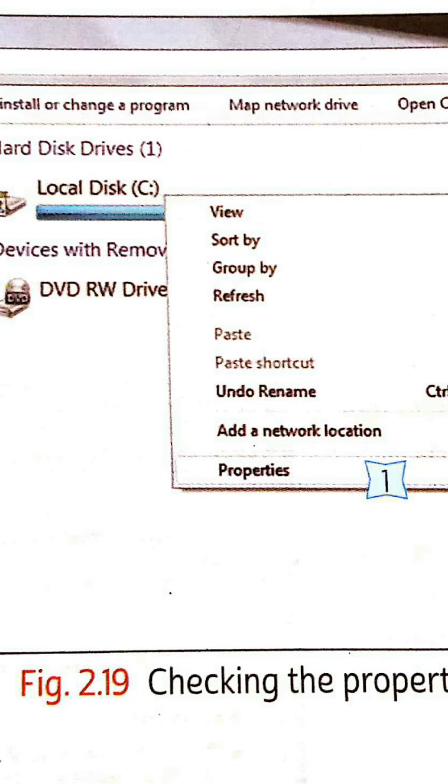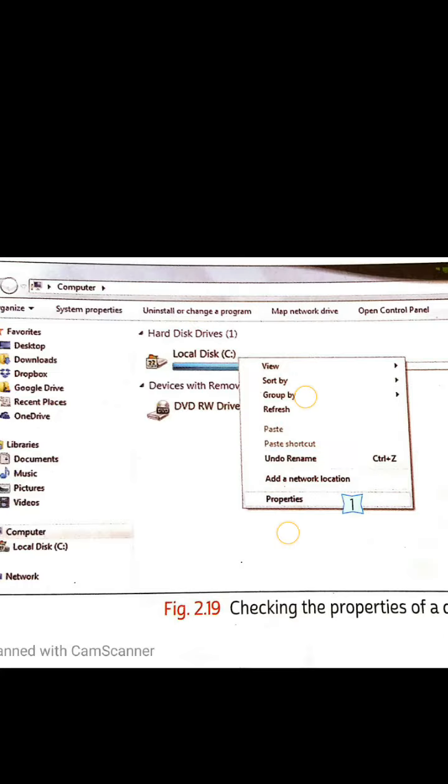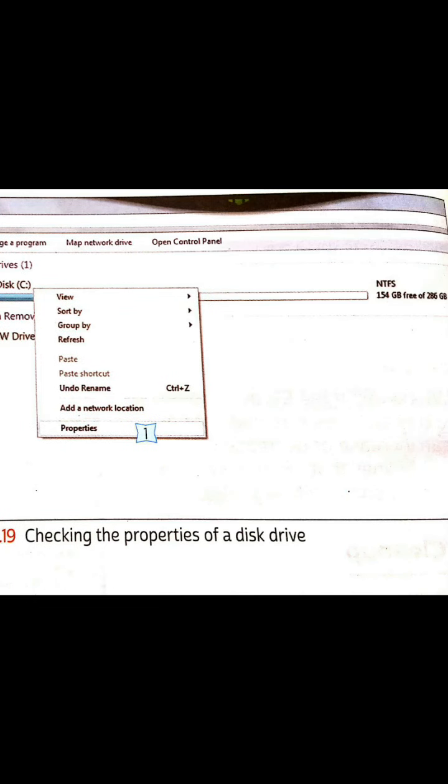For example, to clear unnecessary files from C drive, right click on it. From the drop down menu that appears, you select properties. A window will open up, as I am showing you, when you click on properties.